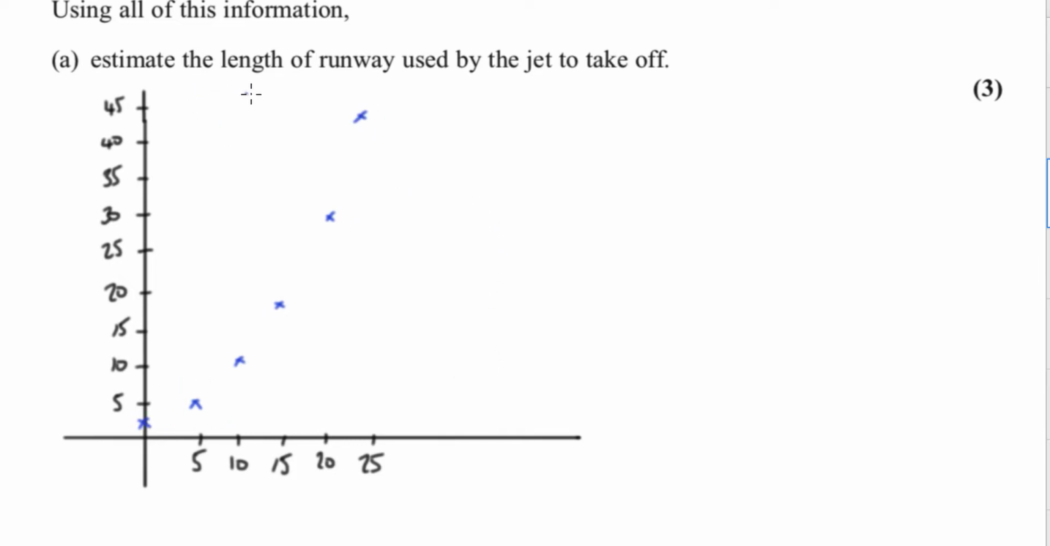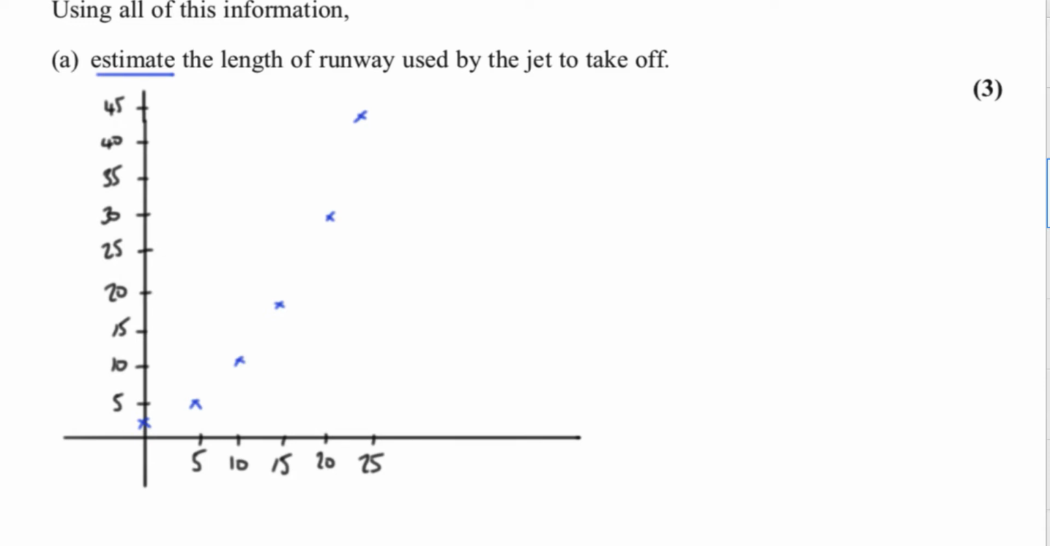Part A says estimate the length of the runway. So the length of the runway will be how far the plane has travelled. Now notice it uses the word estimate. So we know that